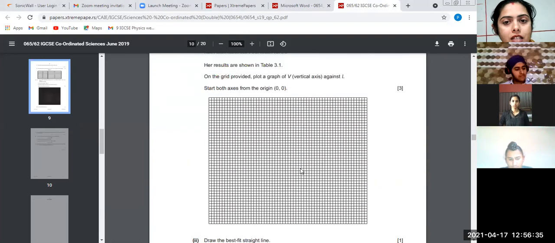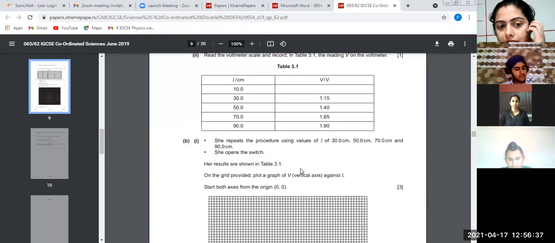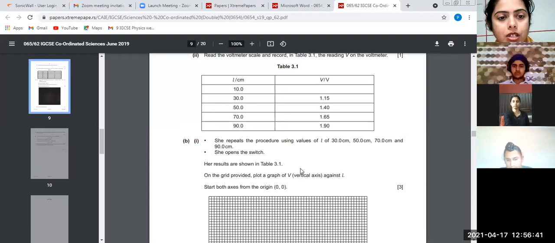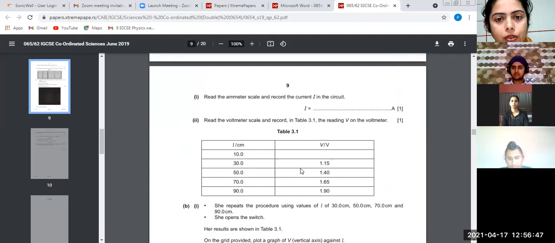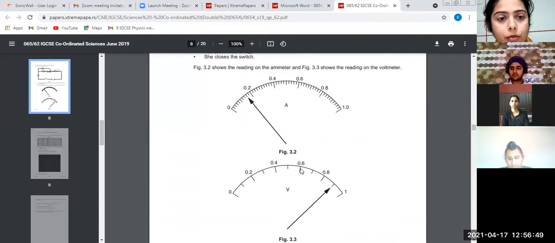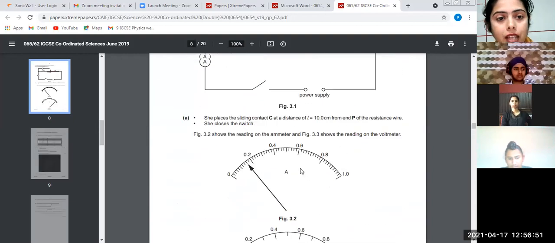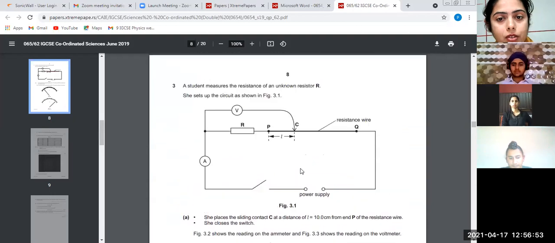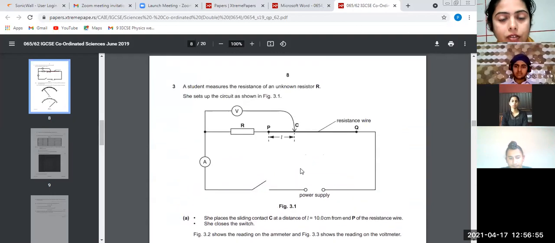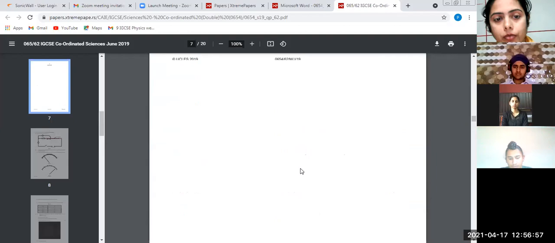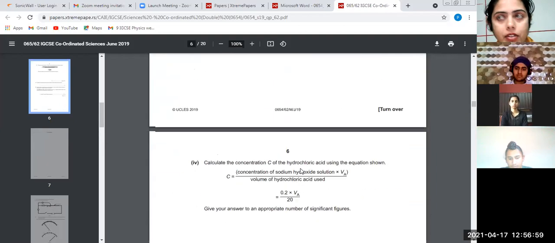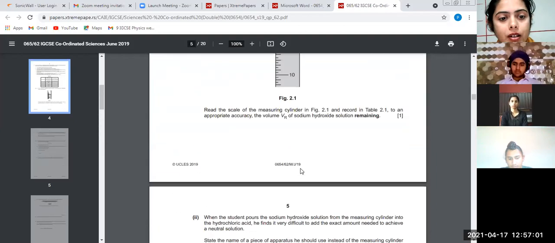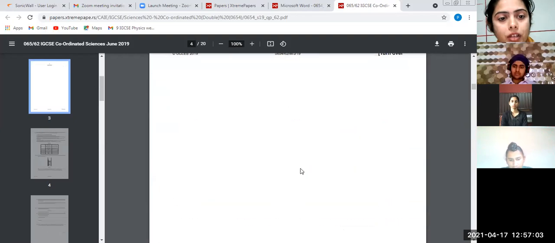In the previous class, we have done a few questions regarding how to find out the least count, how to find the reading, all that. Fine. So in this paper, you have the questions based upon that. This is the paper of 2019. Previous to previous year, you have the questions of that kind. So we are going to proceed with this paper first. Okay? Because it's going to link with your previous class.